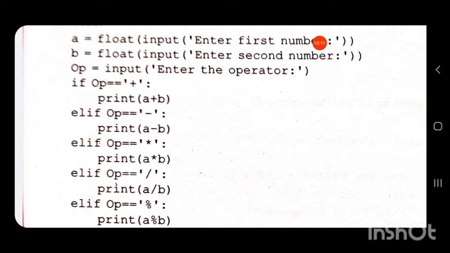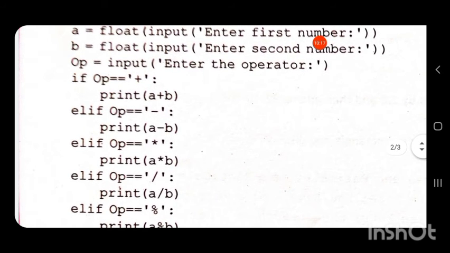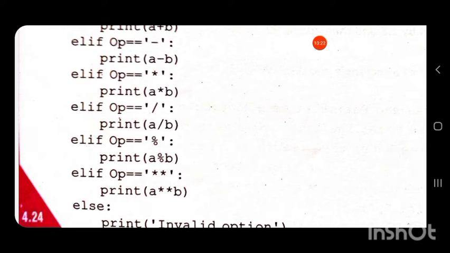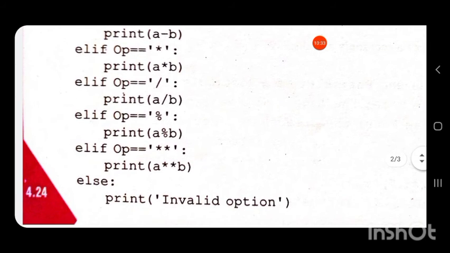If the user has not entered plus, then it will go to the next condition, elif. Here elif op equal to minus. If the user has entered this symbol, then true, and it will print a minus b.